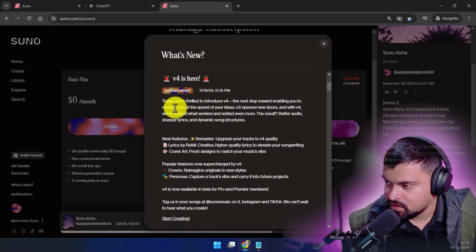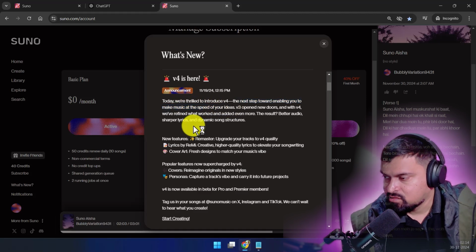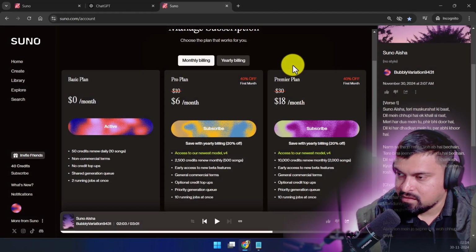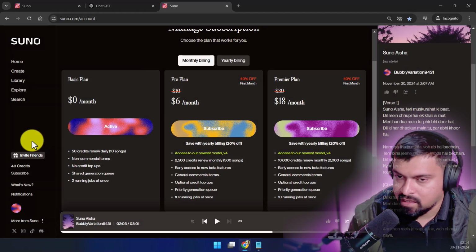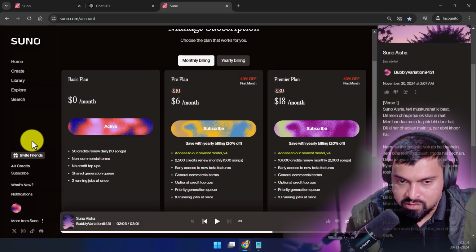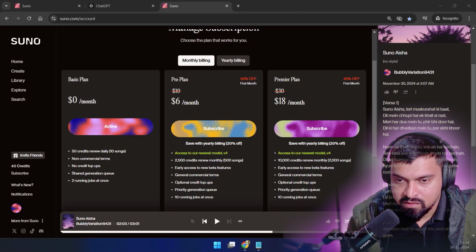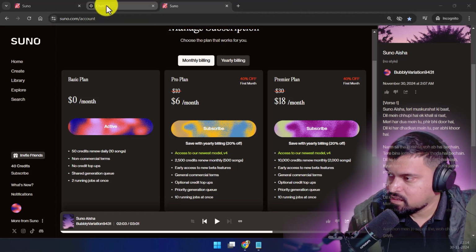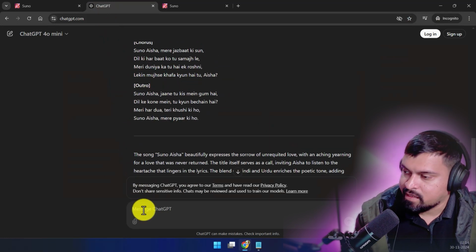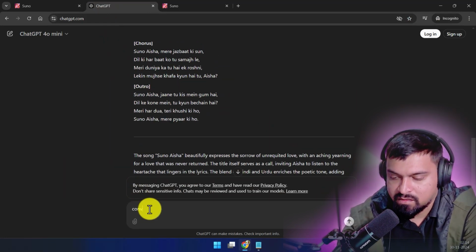The V4 model launch. Today we're thrilled to introduce V4, the next step towards enabling you to make music at the speed of your ideas. So a little bit of an upgrade Suno AI has done. Going ahead, you can also create Malayalam music. So with the same keywords and same lyrics which we have, we can say convert